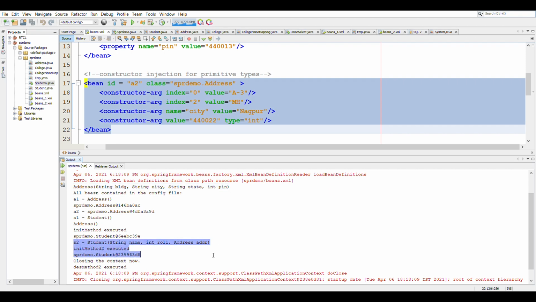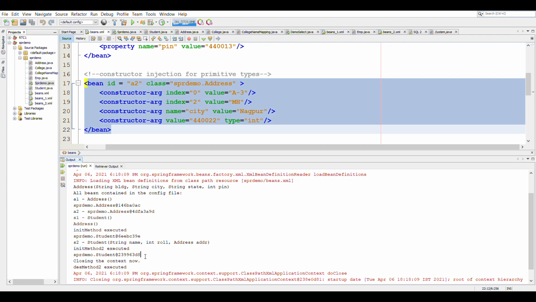As you can see, after printing S2, the student constructor has been called, and then the init method is executed, and then the student ID is printed here. So even though S2 is a singleton bean, because we have set lazy init to true, it will create the bean only when we call it.